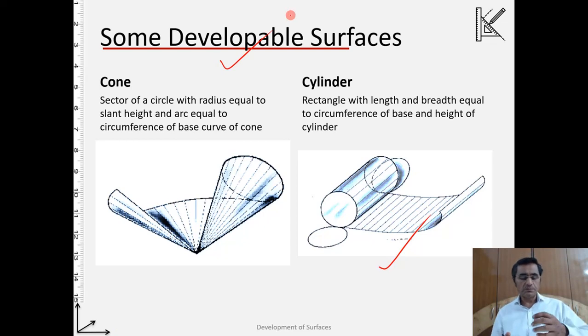For the cone, because we will be seeing some problems of the cone in this lecture also, the curvature is only in one direction, because I can always draw a straight line without any curvature in the other direction. Alright, so all those surfaces, all those solids, all those objects where we have the curvature only in one direction, while the other direction can be represented by straight lines, can be unfolded, or rather can be developed.